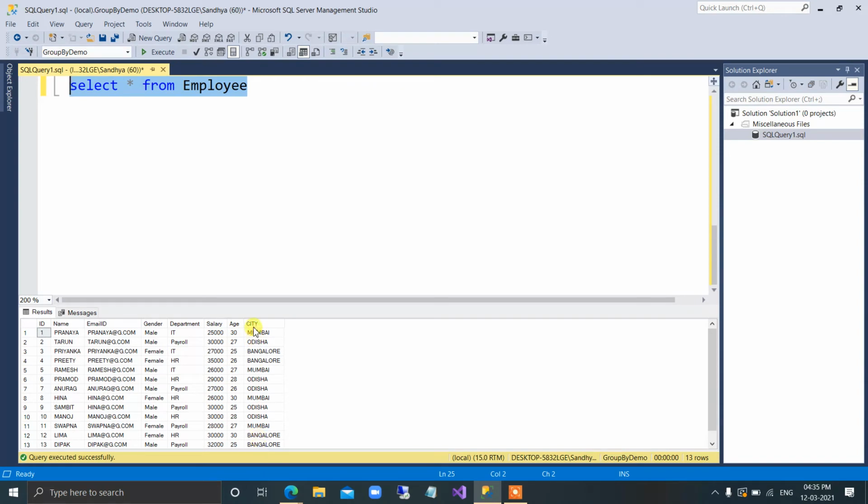Okay, I have employees from Mumbai, Bangalore, and Odisha, and there are some names of the employees. We are working with different departments who are having different salaries as well. So right now my requirement is I have to find out the total salaries